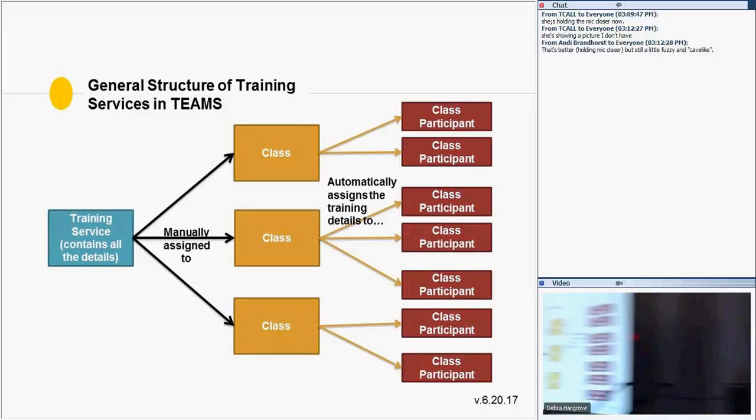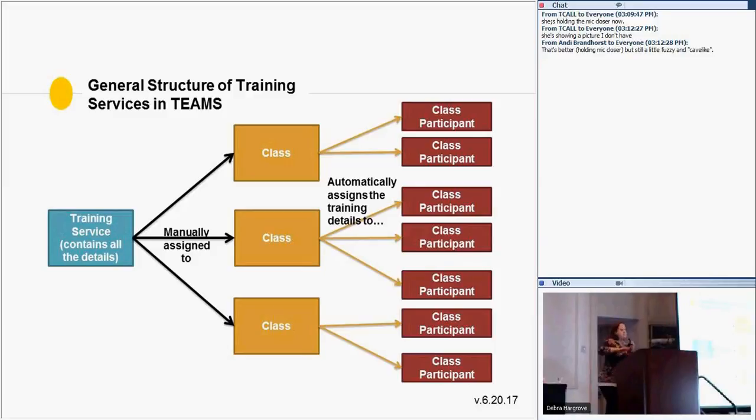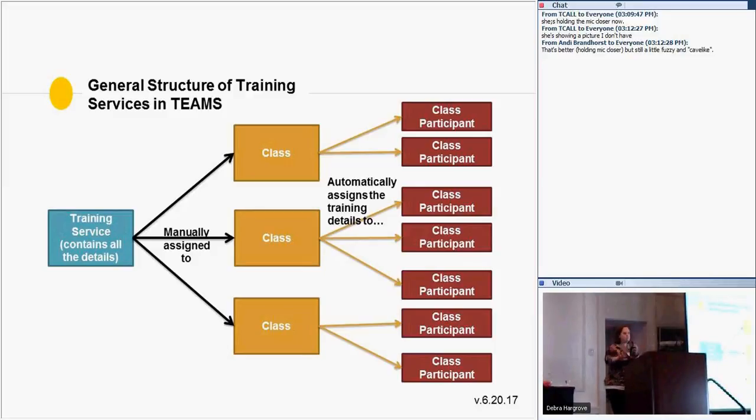So I'm pretty excited. This little diagram is something you're probably going to want to go back to over and over again as we go through this, because if you understand what's happening in this diagram, it makes it easier to understand how you set this up in TEAMS, how that actually works, and what happens when you do it.